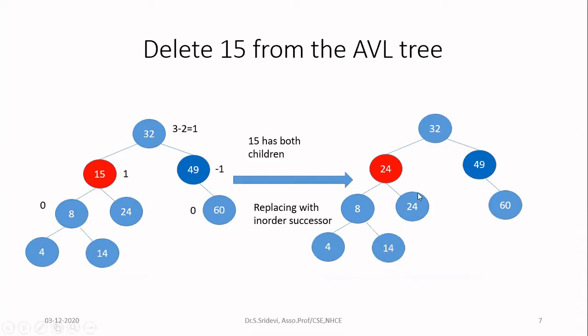So what you are going to do is delete this 24, because our aim is to delete 15. That 15 we have deleted and replaced with 24. Now this 24 we want to remove because we already copied it here. So how to remove this? Now this falls under which case, case 1 or case 2? You have to concentrate now. Case 1 is the node you are going to delete is a leaf node, and case 2 is the node you are going to delete has one child. Now here I'm going to delete this 24. This is now a leaf node.